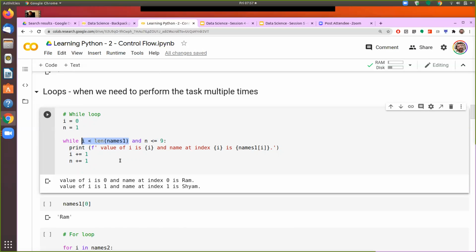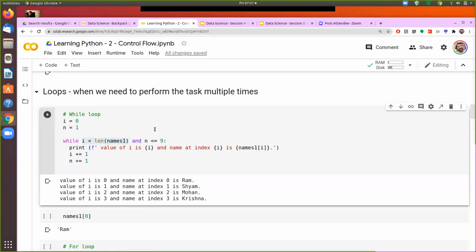So it will print all the 4 names. When this becomes 4, the first condition becomes false, the second condition becomes true, and therefore it will print all the 4 names, and then the while loop will end.